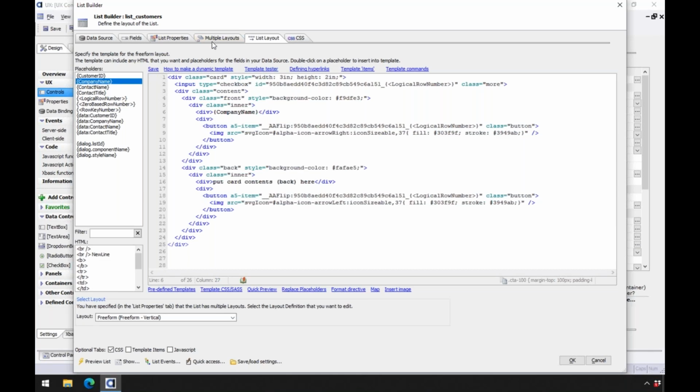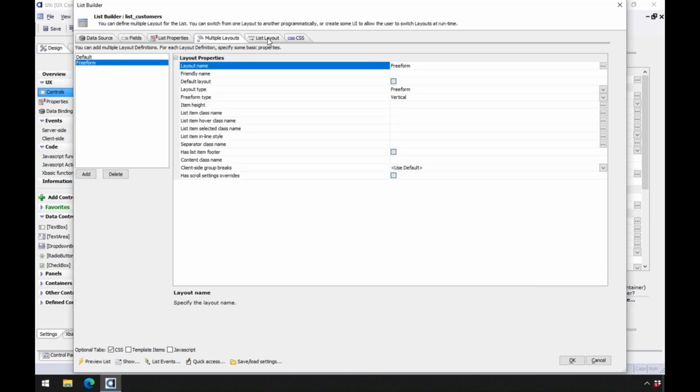Now the reason I did that is that if I go, oh, you know what, I don't like that after all, I want to use my default one, which is the columnar one, then you're good to go. You haven't registered. Another option is to make a copy of your UX, do these edits, and then restore it. Up to you. But there's a really powerful capability: the user can switch between layouts on the fly. They could be seeing it in columnar for one reason, then you can click a button, and on the fly, Alpha can display that other layout,